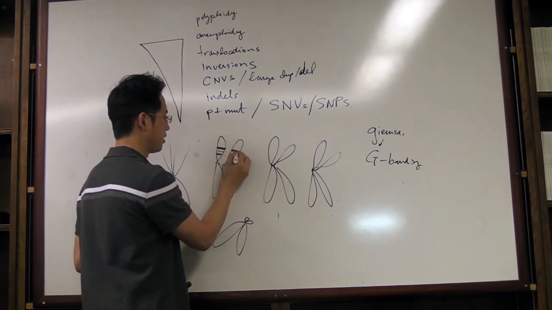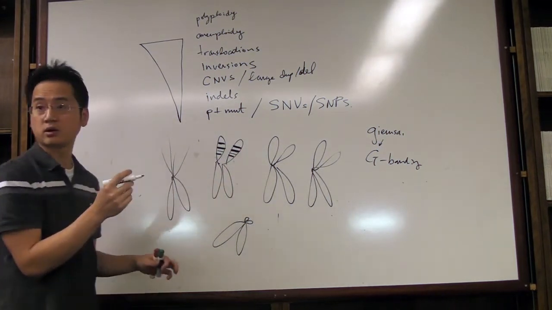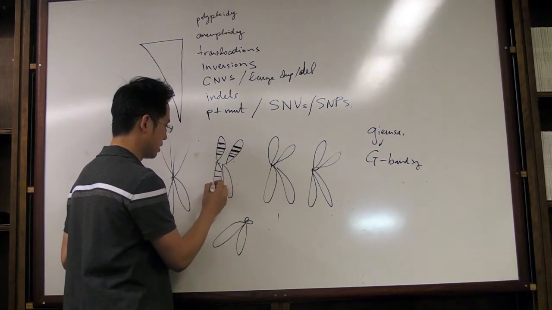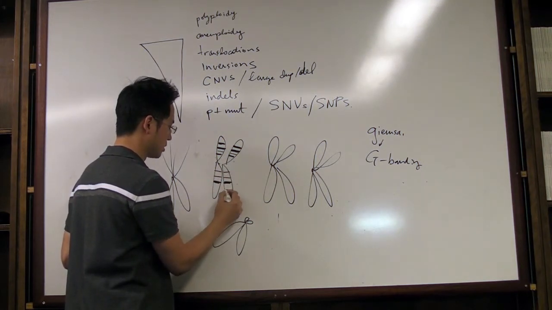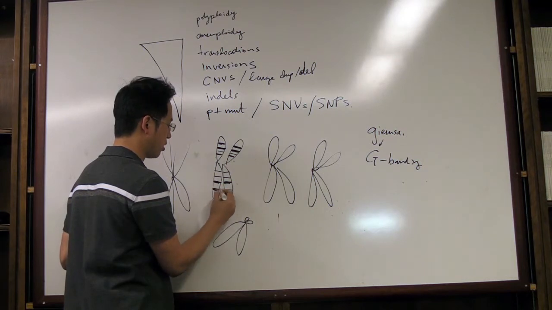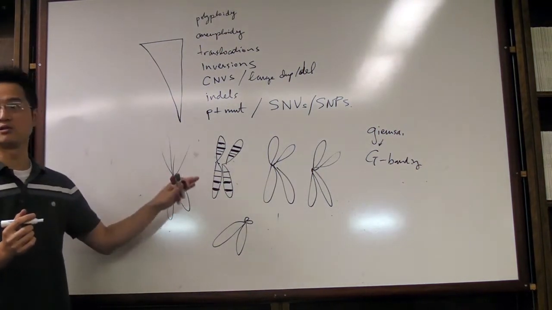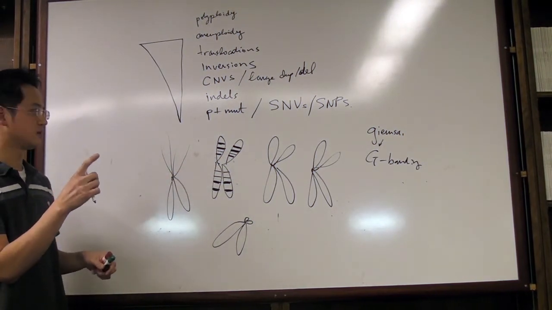So those that are very tightly wound, I think, tend to stain a little bit lighter, and something that's very open probably will stain a little bit darker. And it depends on if it's heterochromatin or euchromatin. But this gives a certain pattern. And so if you go and look at chromosomes, they have almost like a barcoded look, like this. And to a seasoned cytogeneticist, they can look at this based on the size and